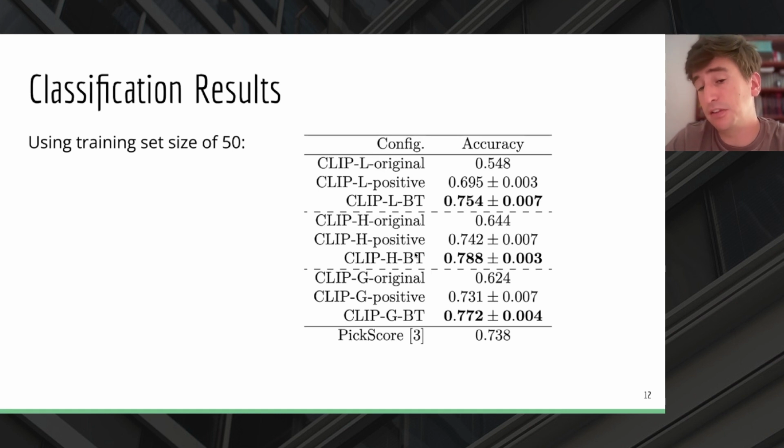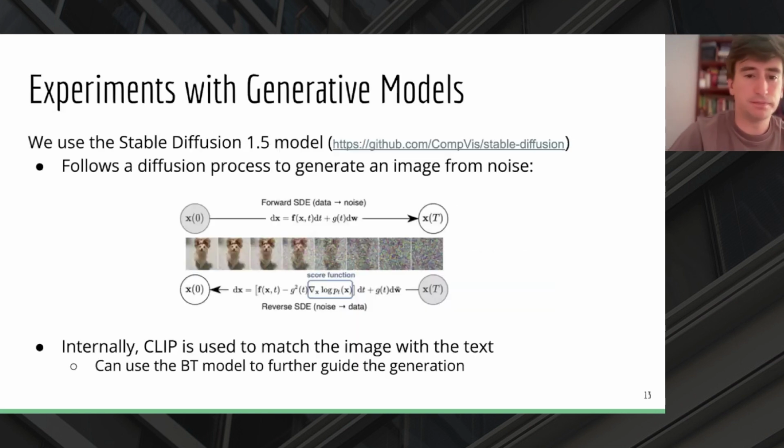But if we use the Bradley-Terry preference, which uses both positive and negative samples, as you have seen, the accuracy is much better. And we also beat P-score, a baseline from the literature, from months ago. All right. Just to finish, as I'm running out of time, we also experiment with generative models,